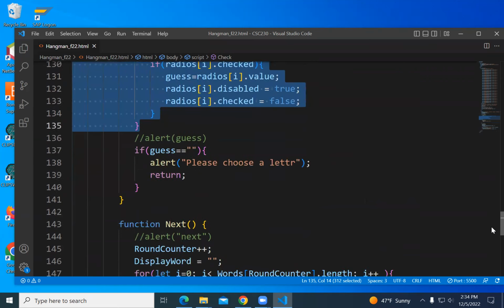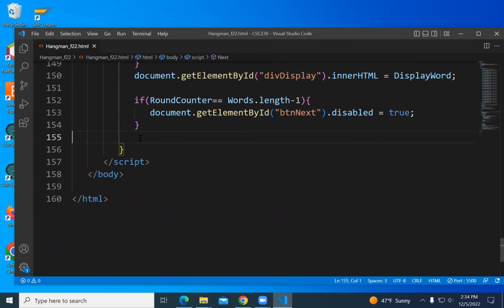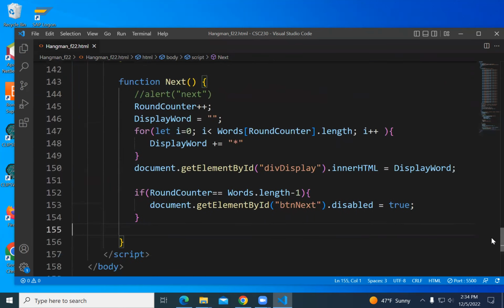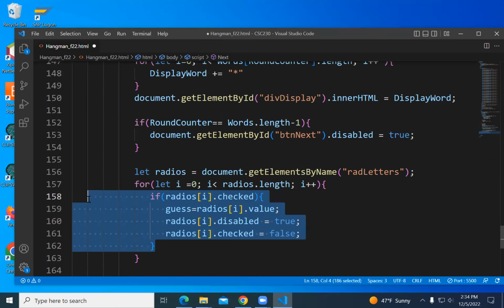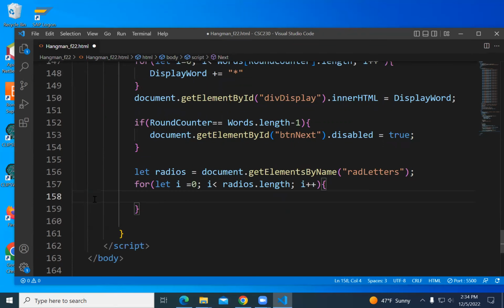So always cheat when you can, right? So down here in next, here's my loop over the radio buttons. I don't care which ones are checked or unchecked. I want to, what do I want to do? I want to make sure they're all enabled and none of them are checked.